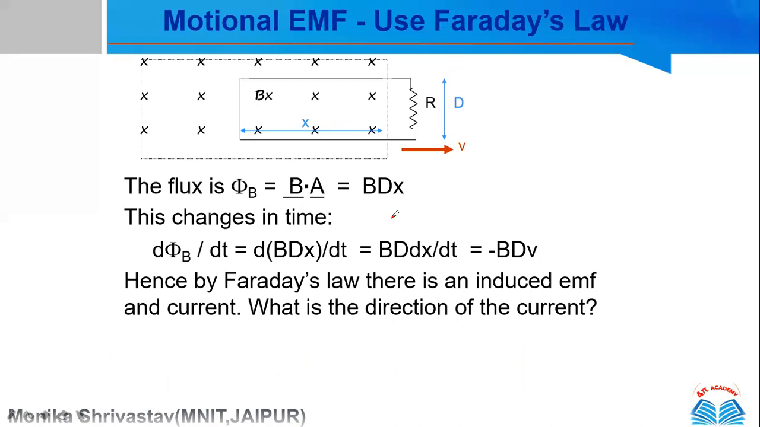So what does it mean if we are doing d phi B over dt? Put the value of this phi B here. So B D dx over dt. Okay, and B and D are constant with respect to time. So dx over dt will be there. So we are getting B D into v. Now this minus sign will show the direction of induced current, okay, or